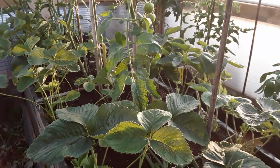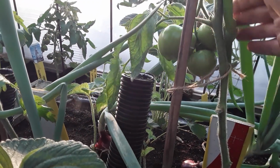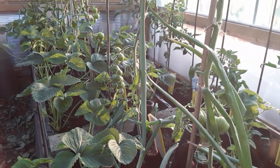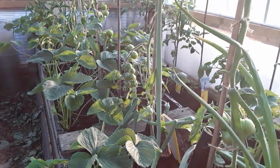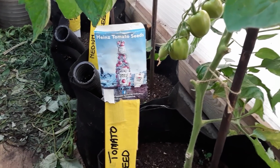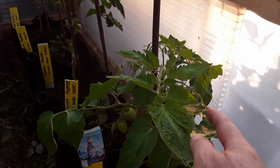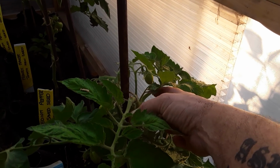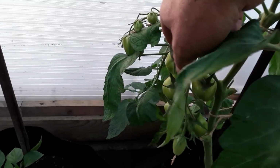We had a bit of aphid issues in here, but as of yet, I can't see any blossom end rot. I actually used blended eggshells in my mix before we popped them into the beds and the pots. These are the seeds from the Heinz tomato factory or whatever, and while I was pruning, I snapped the top off, so we've got one of the side shoots there which will continue its merry journey, but they do seem a different shape